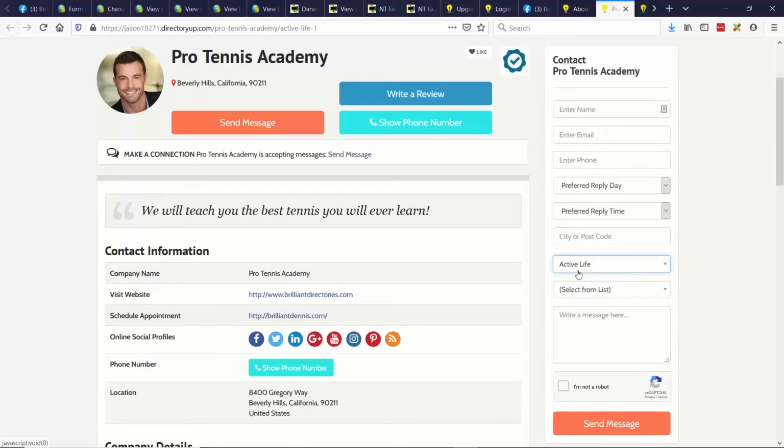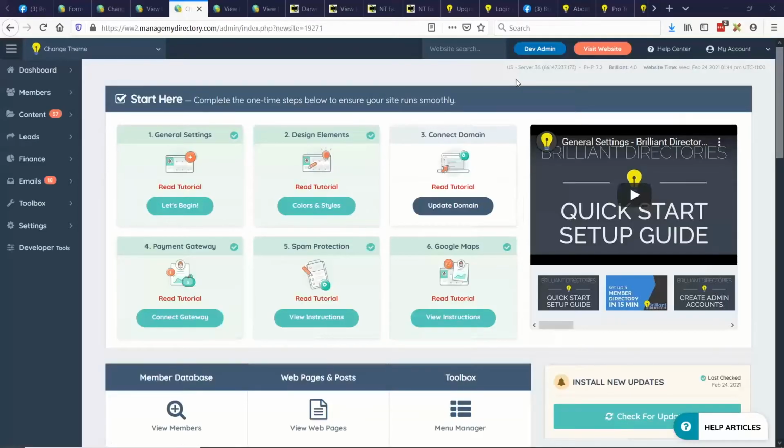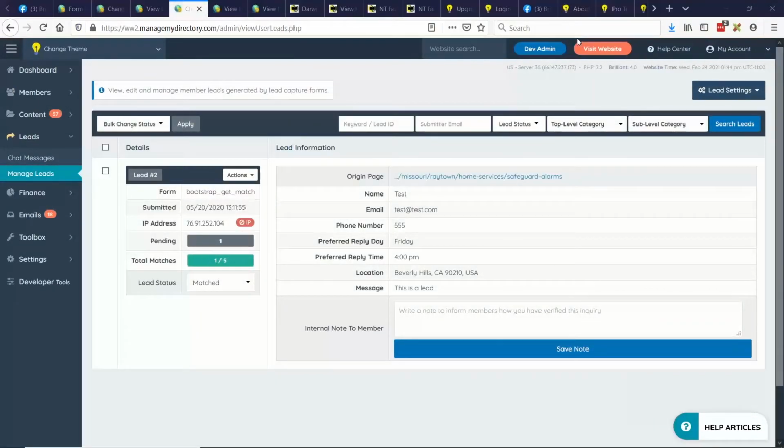And can I control those leads manually? Say, I get the leads and I decide who I give them to. Yes, let me show you. That's actually very good. You know, when we were running our own directory websites 8-9 years ago, we would call every lead anyways. It was more work. We would verify the information and get more information about the project, and then we would match it with the members, and they paid a premium knowing that we already vetted the lead a little bit. So a little bit more work. I would prefer to do that, of course. Yeah. So it is a little more work, but you can explain that value.